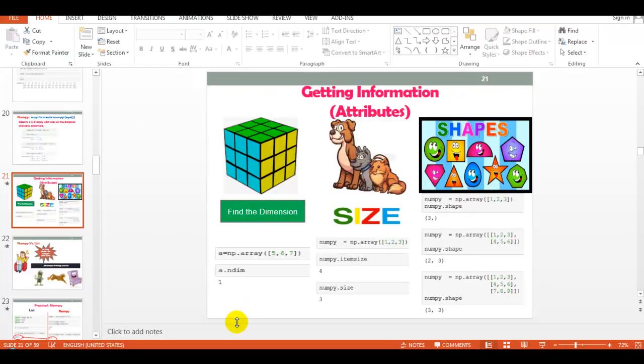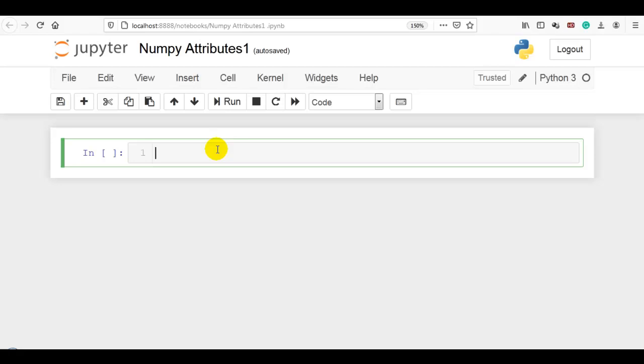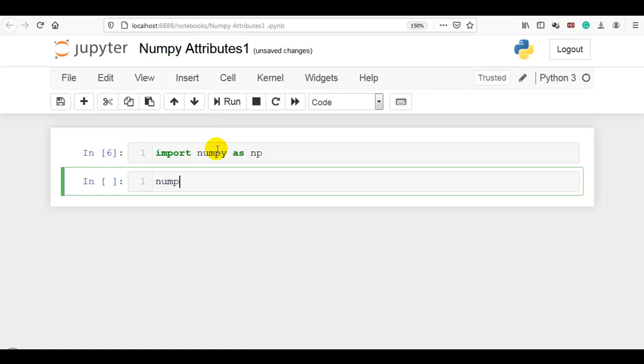Let me show you all this in Jupyter Notebook. So let me first import NumPy as np. Let me create a 1D array, 1, 2, 3.